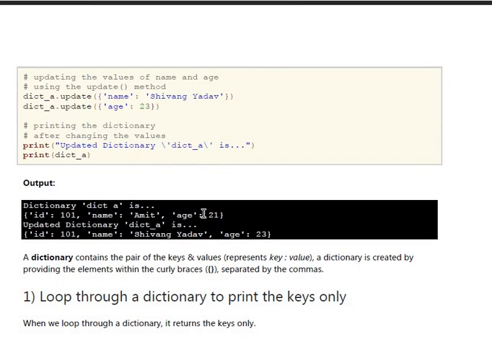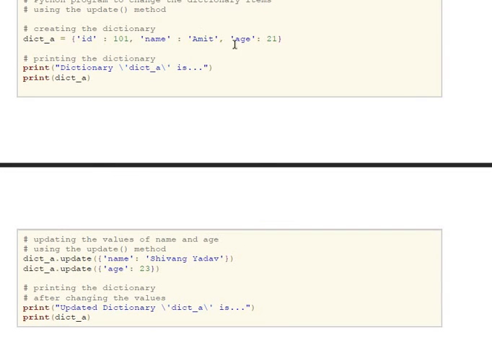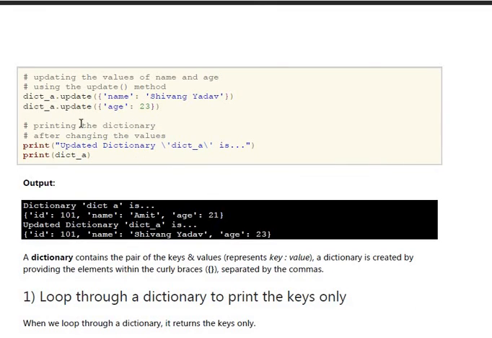Okay. So here you can see the same dictionary that I am creating, with ID, name and age. I am printing the elements of the dictionary by print dict_A. If I want to update the values, I give the dictionary name dot update, and in the brackets I give the combination of the key and the values.